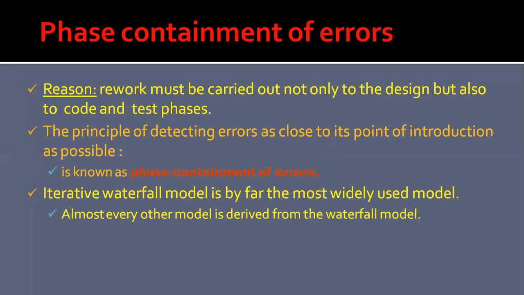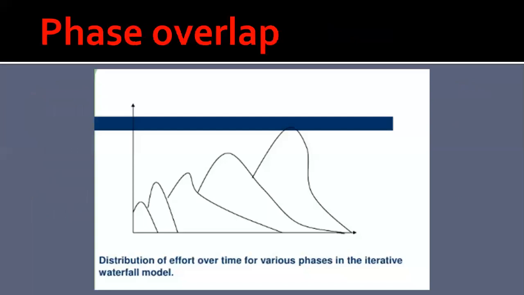the developers detect almost all the errors that they commit in the same phase. The product of many phases is a text or a graphical document, for example SRS documents, design documents, or test plan documents. A popular technique is to rigorously review the documents that are produced at the end of the phase. Now, let us see what is meant by a phase overlap.